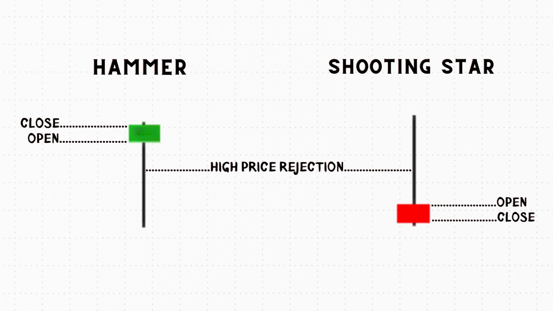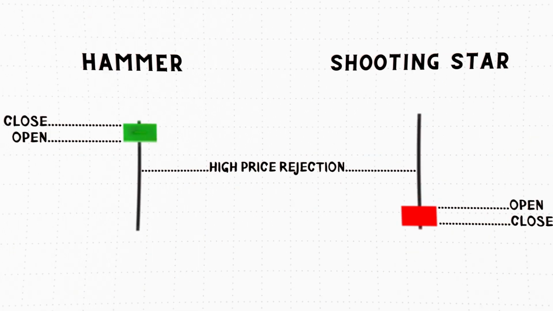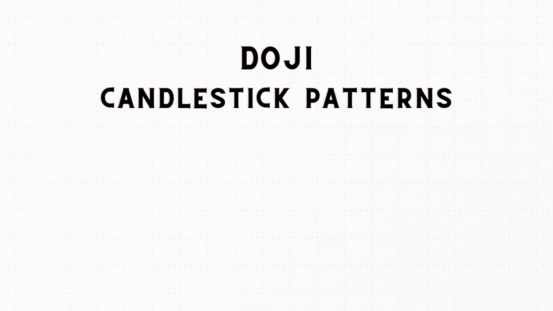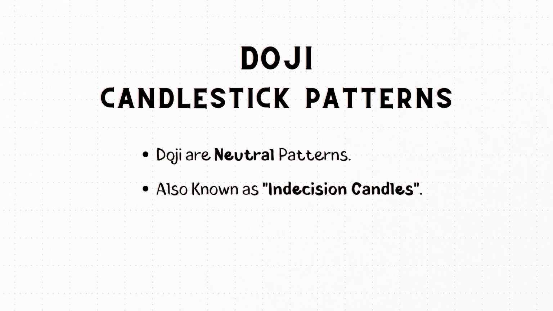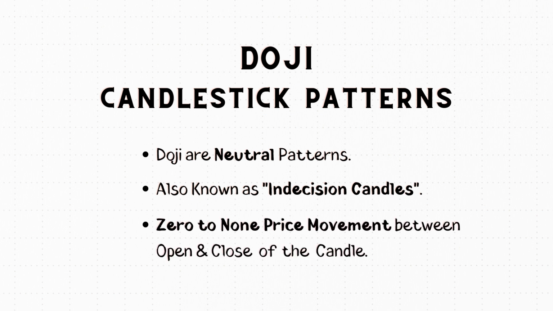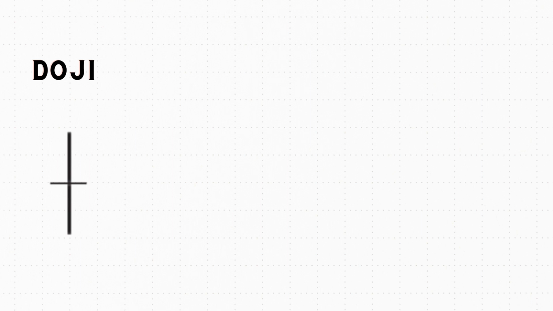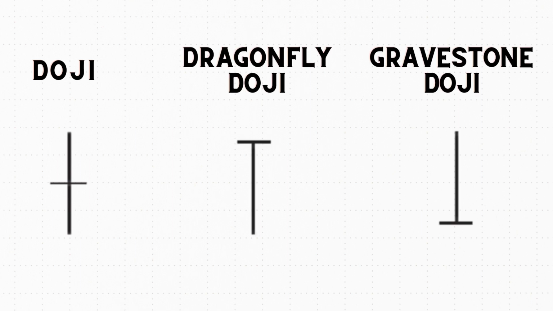Till now we have seen candles for bullish and bearish patterns. We have some candlestick patterns for neutral movements as well. These candlesticks are termed doji candles. These doji candles are mainly termed indecision candles. That means they will not give any clear indication of which direction they will go. That is why they are called indecision candles. Basically there are three types of dojis: doji, dragonfly doji and gravestone doji.